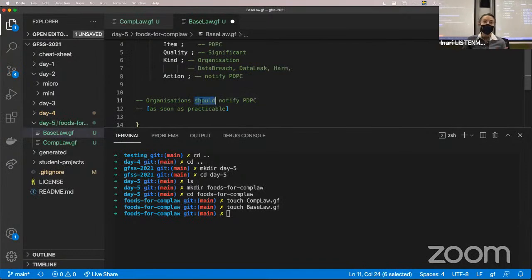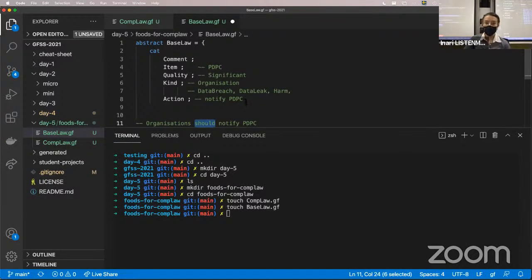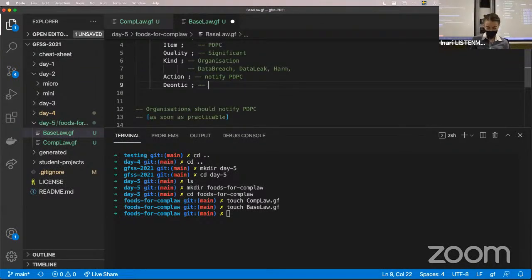But here, I think in the context of law, deontics are kind of important. So let's make that into another category. Should notify PPC. And then let's just,